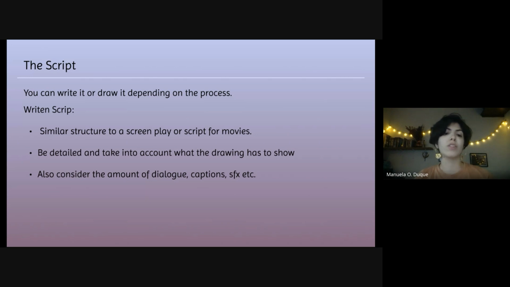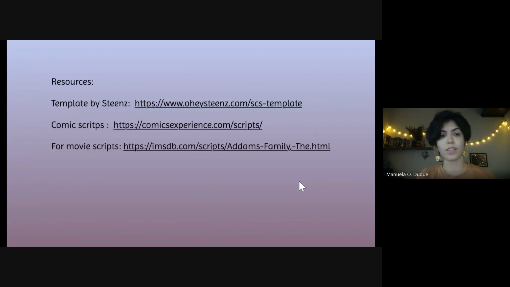And also consider the amount of dialogue and captions that you're going to add, because that takes up space in the scenes. So just as an example,